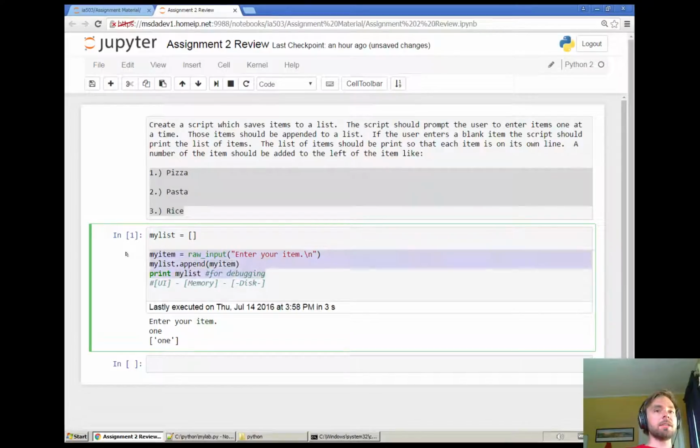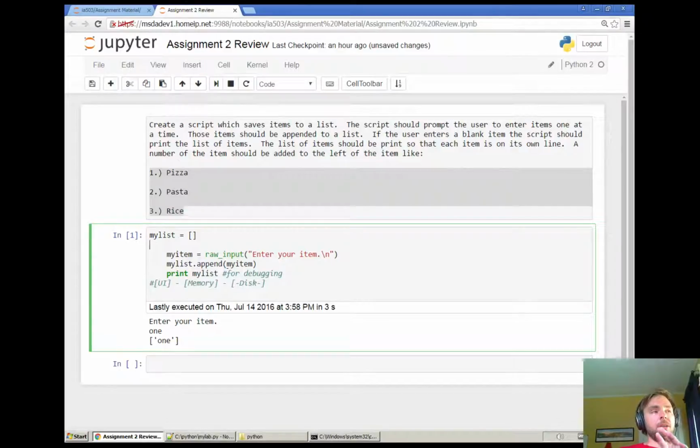Okay, and so this gets into program flow for our application. The tool that I would suggest to use here is a while loop. So I'm going to say while my item is not equal to blank. Okay, so the only catch here is that we're using my item, but it hasn't been defined yet, because my item gets defined down here. So if you run this, you're going to have an error. It will say,